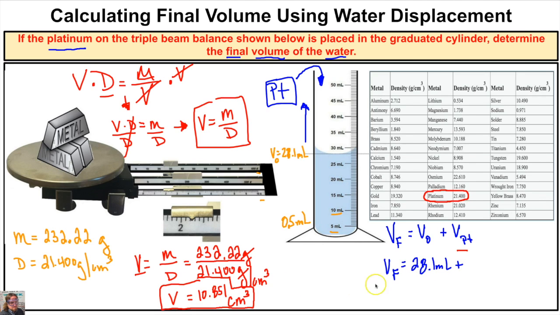And the volume of our platinum, we just figured out, it's right here, is 10.851 milliliters. Now keep in mind that a centimeter cubed and a milliliter are the same thing. 1 centimeter cubed equals 1 milliliter. They're used interchangeably. We're going to use centimeters cubed for solid objects though. So we can basically say that this is 10.851 milliliters. Same thing. So we're going to add these together, and the final volume of the platinum that is on this scale here is going to end up being